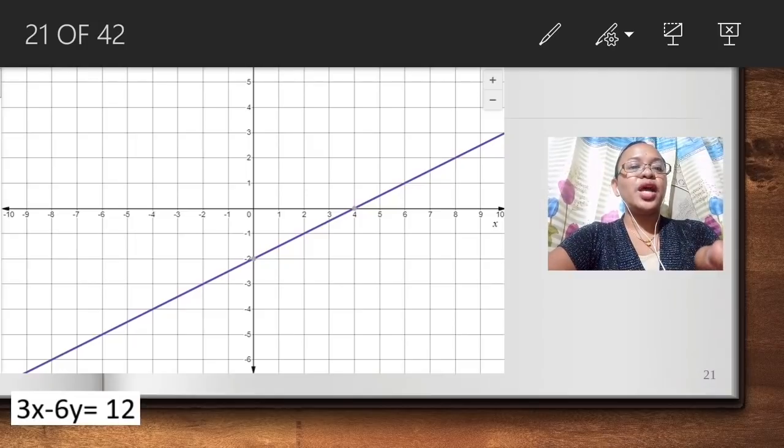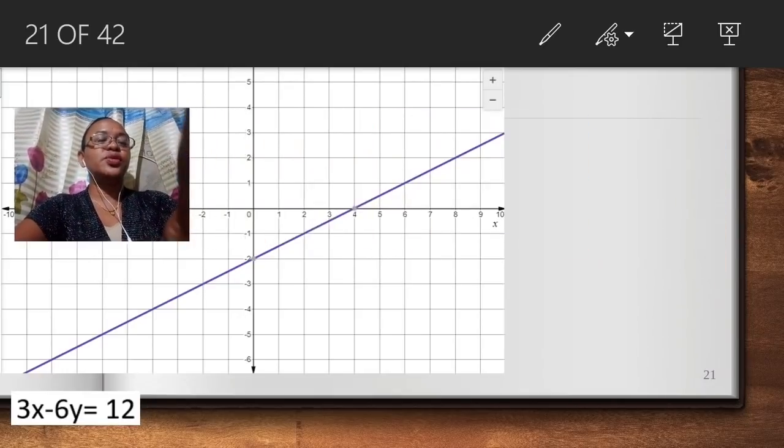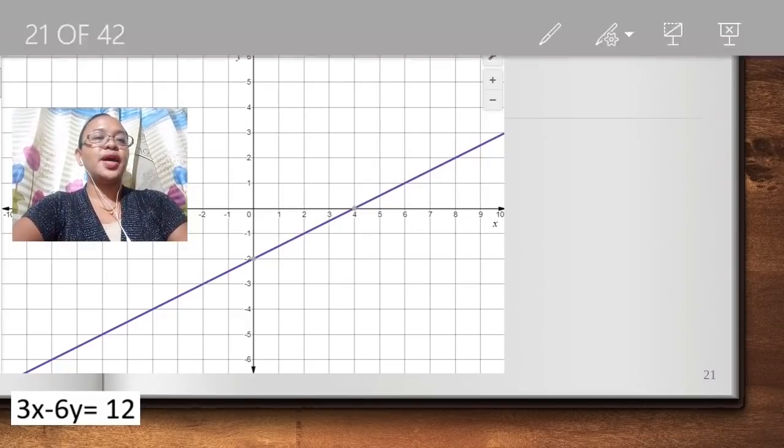So the change in y, you go up 2 to 0, you stop there, and then you go to the right so that you will be able to go to another point on the line. So you count how many numbers for x, that is the change in x. From 0, you go 1, 2, 3, and 4. So that is 4, meaning 2 over 4. So your slope is equal to